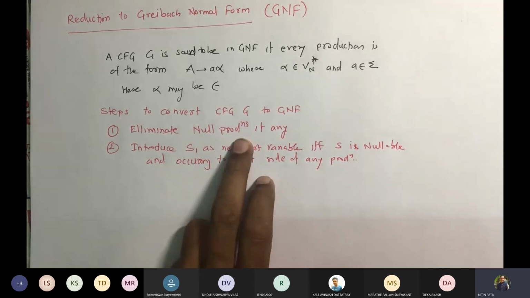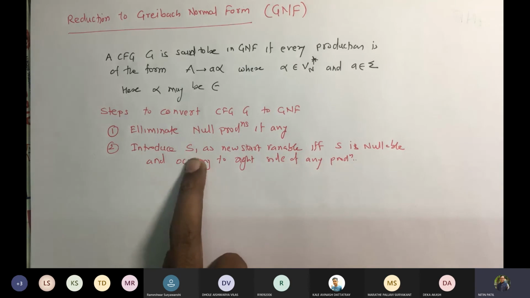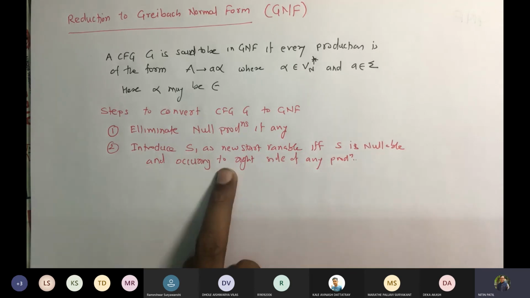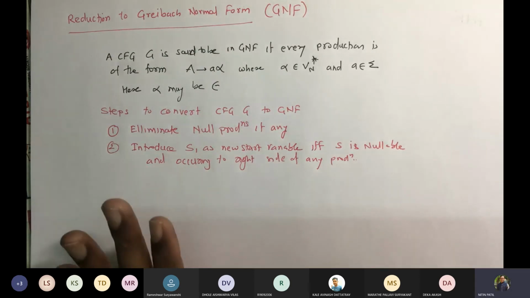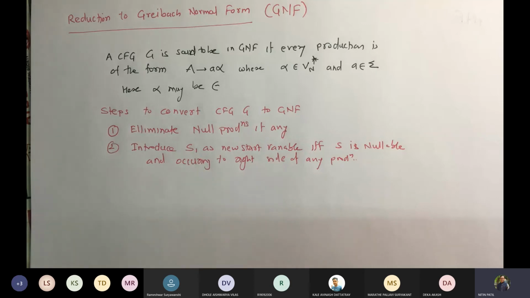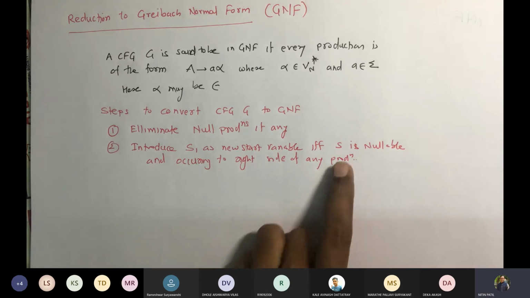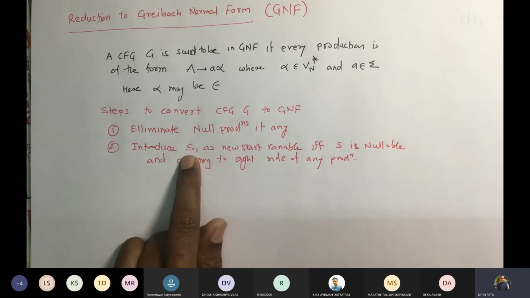As I said, we already saw how to convert a given grammar to an equivalent grammar where there would not be any null production. But to protect the language, we said that we will introduce S1. Now, if S is nullable and it is not occurring on the right-hand side, then you can decide whether to introduce it or not. If the start variable is nullable, we may introduce S1 or you may discard it, depending upon whether you want a few more productions to be added. But we will always make sure that if S is nullable and occurring on the right-hand side of any production, then we definitely introduce S1.